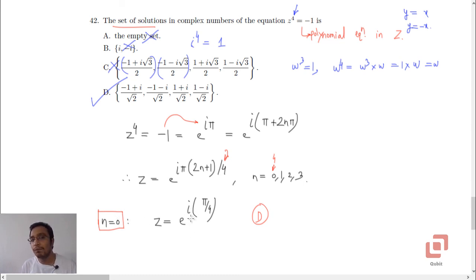This is 1 upon root 2 plus i times 1 upon root 2, which is the third one in the set D, and because it belongs only to the set in D, that is clearly the solution set for the given equation, which we have already decided by the elimination of the options. So it works both ways. If you don't know how to eliminate, or if you don't realize that in option C there are complex cube roots of unity and therefore they cannot be roots of this, good, just mark D and go ahead. If you don't, then you use De Moivre's theorem or Euler's formula to solve the equation, and pick option D.